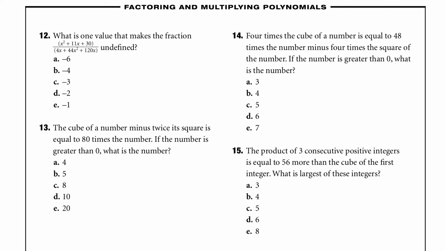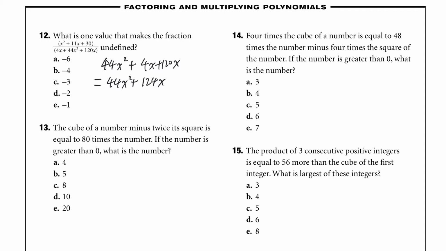Number 12, what is the one value that makes the fraction undefined? Again, I want to look at the denominator only. I'm going to rewrite it so that I have the term with the highest power, the x squared term, in the front, and I have 4x plus 120x. I can collect like terms,